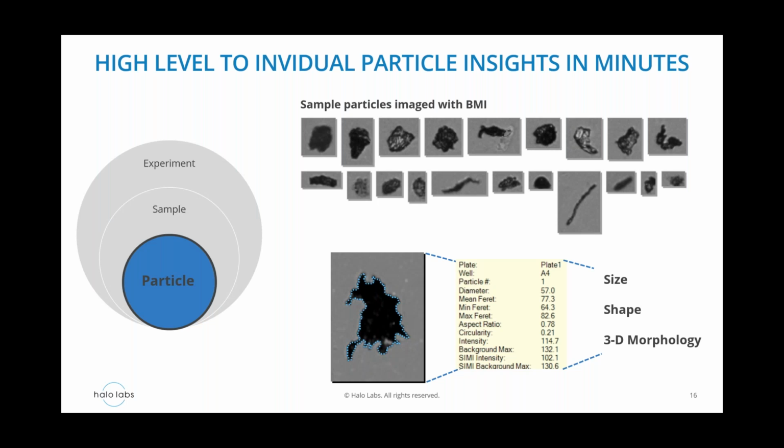So going back into what kind of data you can get from the system, as with a standard subvisible analyzer, you're going to be able to get size, shape, and morphology, and all sorts of different size-based parameters, from equivalent circular diameter to Feret diameters, etc. We'll produce image galleries, right? That is individual particle info that is very specific and